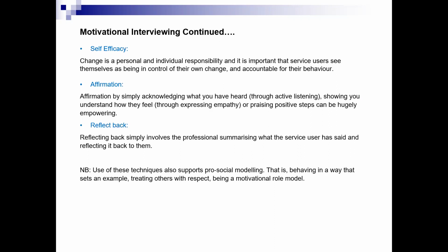Affirmation, so lots of the individuals we work with are probably not really used to affirmation or being praised for positive steps, but it's very powerful. It goes a long way, and I think again it contributes to that good professional relationship. Even again by acknowledging what they've said, I think it shows you're actively listening. So affirmation can be used for more than just praise. It might take a while for somebody to get used to that,